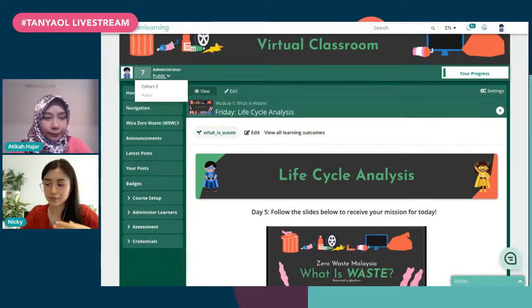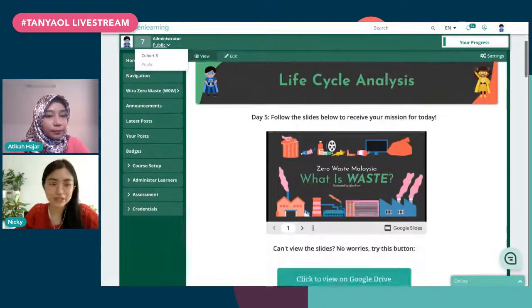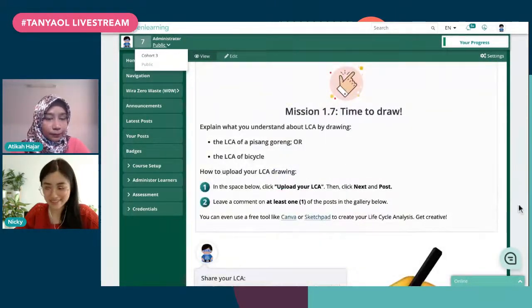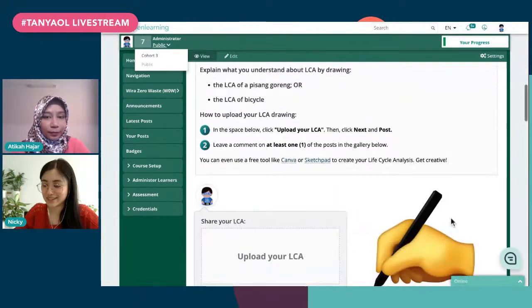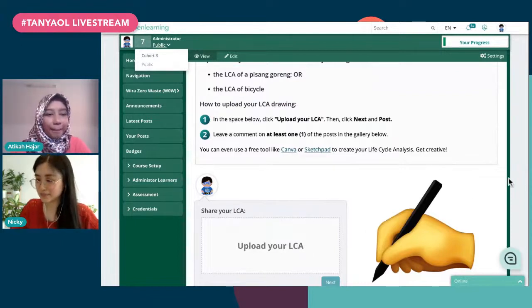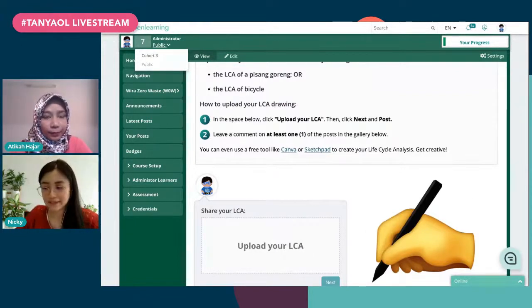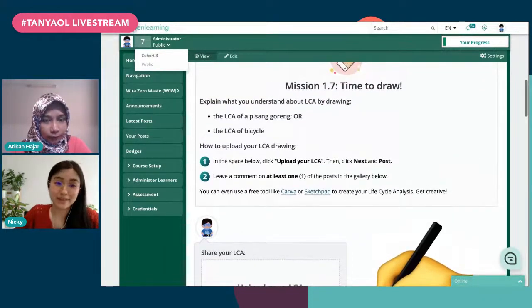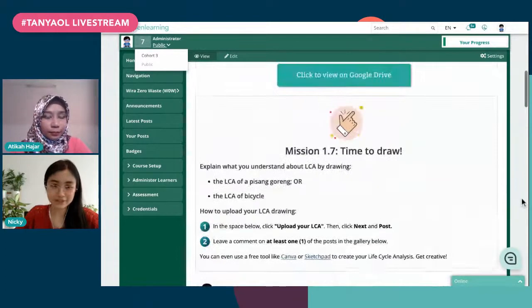So we knew that they were busy, and we wanted to create something that they could access at any time. This was the answer: breaking down those missions into smaller missions, making it easier for them just to submit their missions for the day. Yeah, activities for the day. And making it something that doesn't take up too much of their time. I would do the same for adult learners, I think.